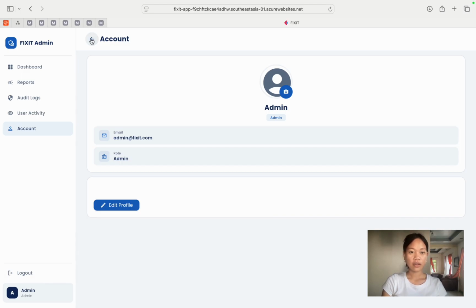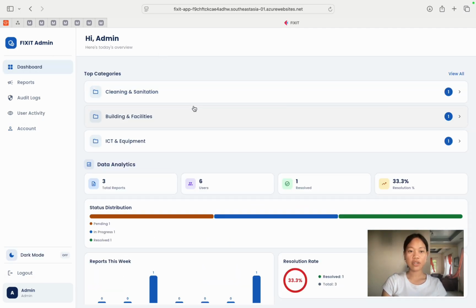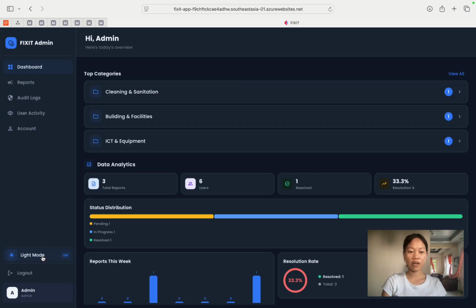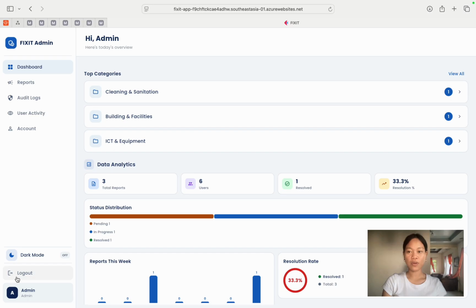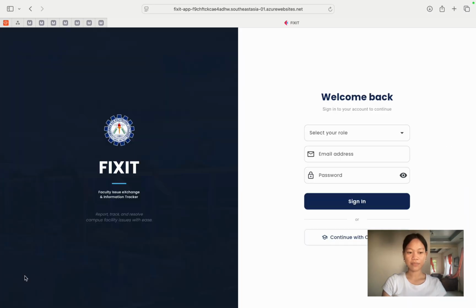Going back to the dashboard, the admin can also change the mode or theme to dark and light. And the last thing is to log out after using. And that's it for the app demonstration of the Fixit.